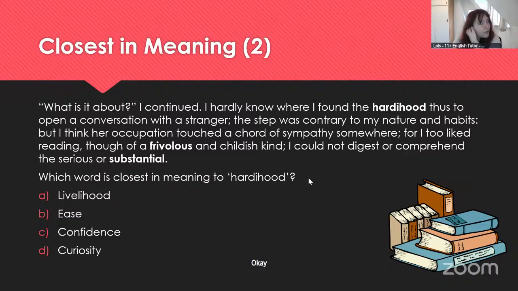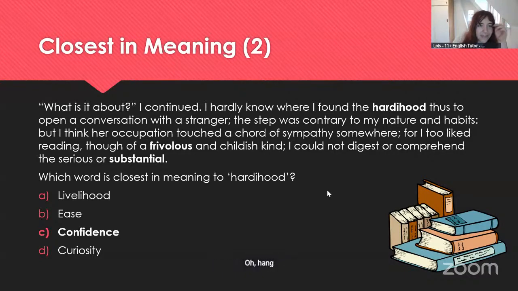Okay, I will reveal the answer now. The answer is C, confidence. So very well done if you got that correct. Hardihood, yeah, it's a noun meaning